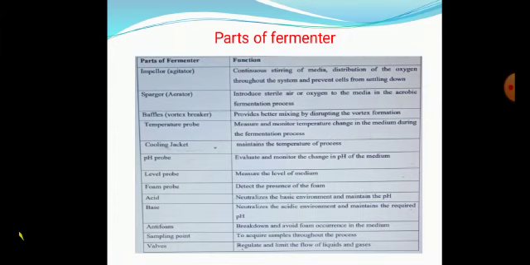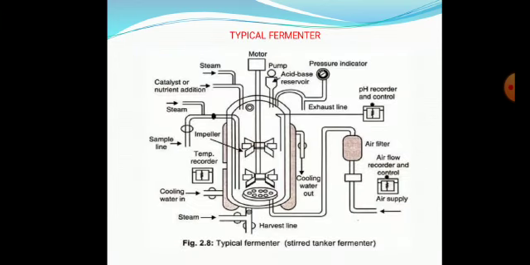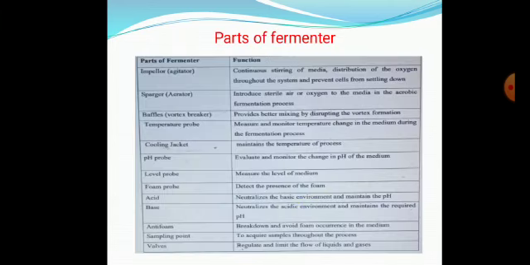Third important thing is baffles. So baffles, I will go back and show you. Baffle is present inside the vessel. It is just like breaking the flow. Whenever you mix the medium, the media will keep on moving inside. Just to break the flow, we will use something called a baffle, which I will be explaining to you in detail later. Types of baffles are there, which we will be seeing later. So the first three, impeller, sparger, and baffles, are the most important components of the fermenter.